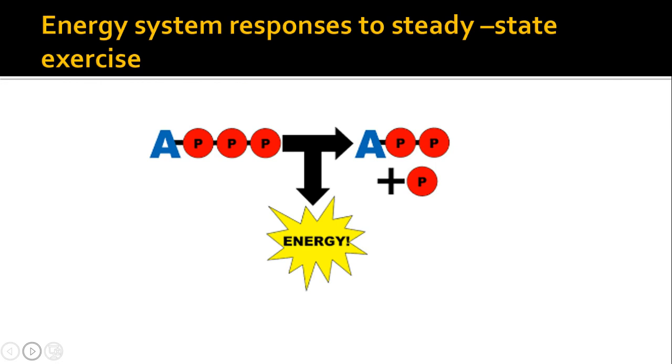This energy system starts the same way as the anaerobic glycolysis energy system. The process starts when we have a buildup of adenosine diphosphate. This triggers an enzyme which is phosphofructokinase. This enzyme initiates the process of breaking down glycogen into glucose. Then the enzyme glycogen phosphorylase completes the breakdown of glycogen into glucose. The glucose is converted into pyruvic acid. The pyruvic acid gives us the yield of 2 moles of phosphate, which allows us to resynthesize to convert adenosine